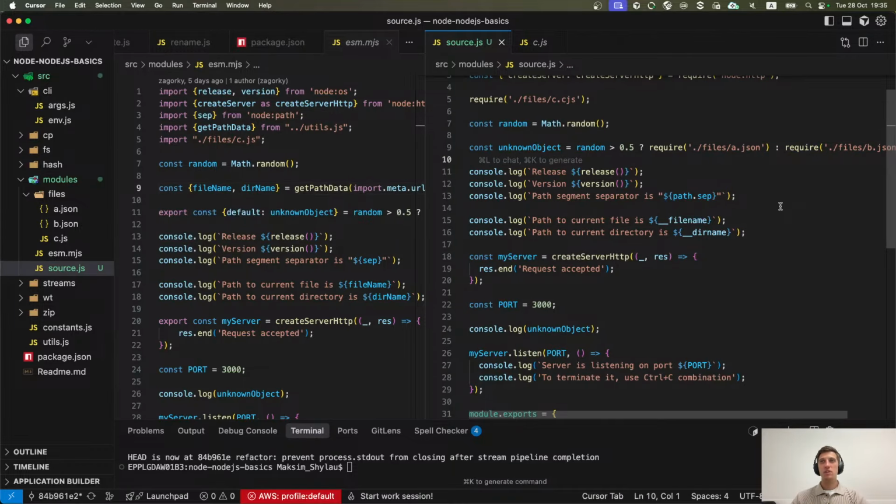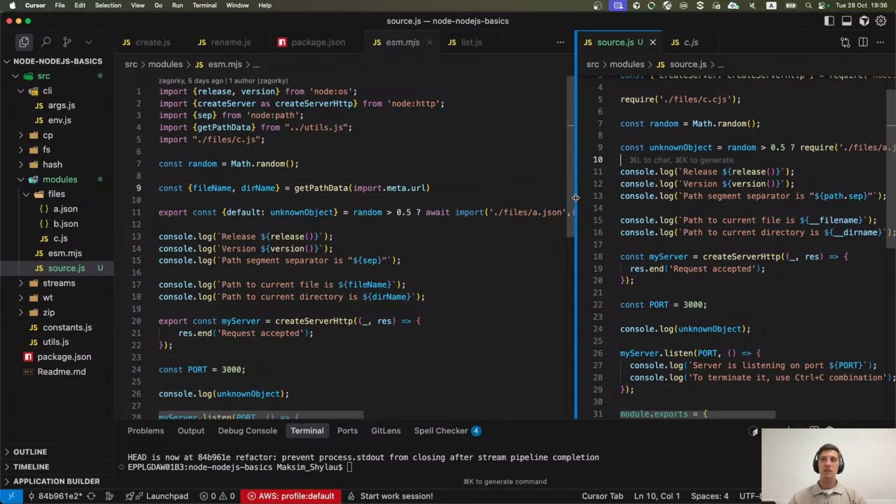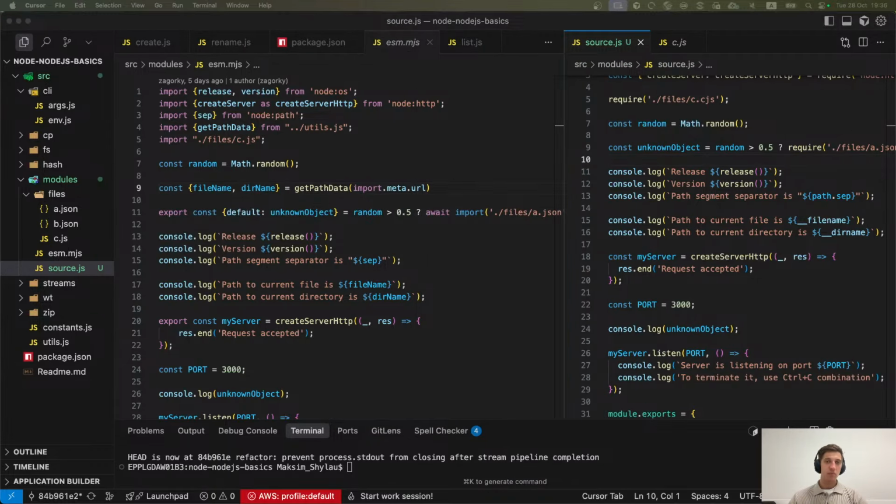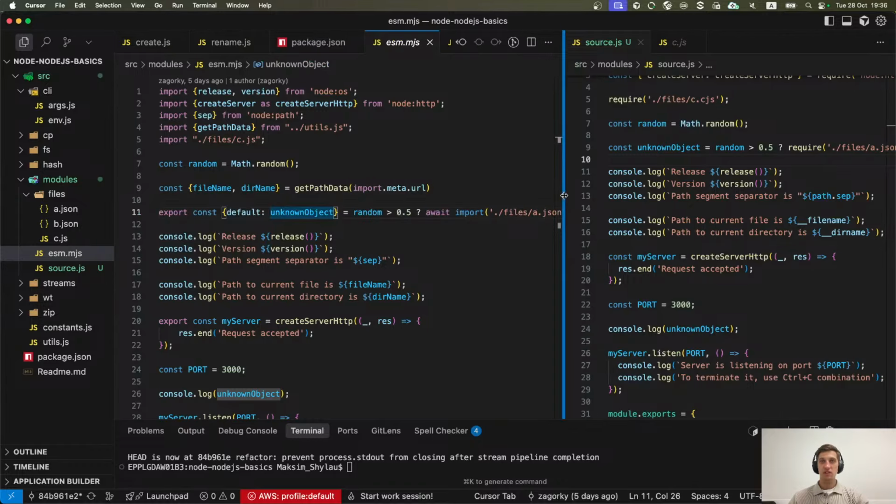So in CommonJS modules, you can require stuff, you can import stuff not only at the top of the file, but you can do it everywhere you want. So you can do it conditionally, for example, inside of an if-else block, or import stuff inside of functions and so on. But if you try to do the same thing inside of an ECMAScript module, you will get an error, because ECMAScript modules should be imported at the top of the file. It cannot be imported conditionally, so you need to do something else.